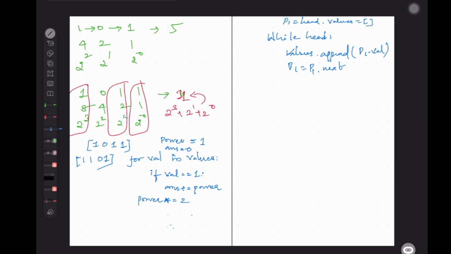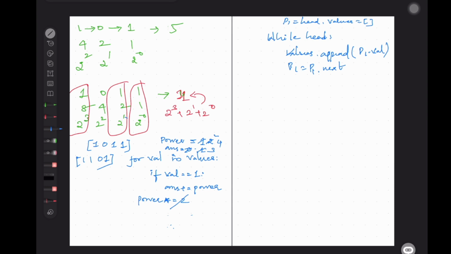Power is 2 and the bit is 1, so answer will be getting updated. Initially answer will be 1. Next answer will be getting updated to 2. Power would have got updated to 2, right? Next, 2 power 2, power would have got updated to 4. But if you see, this bit is 0. We have just updated the power. We are not doing anything. Okay. Next again power would have got updated to 8.